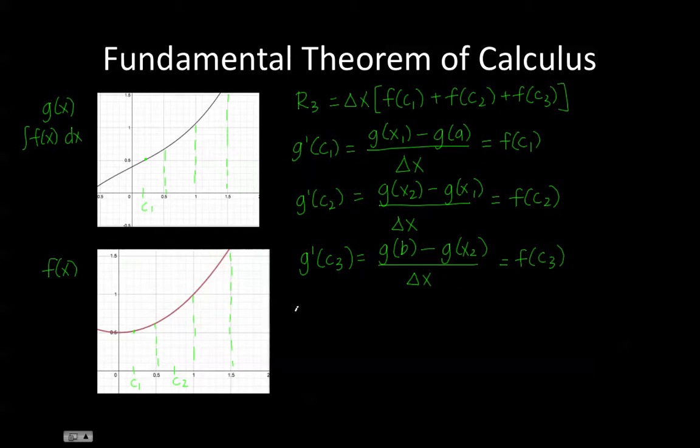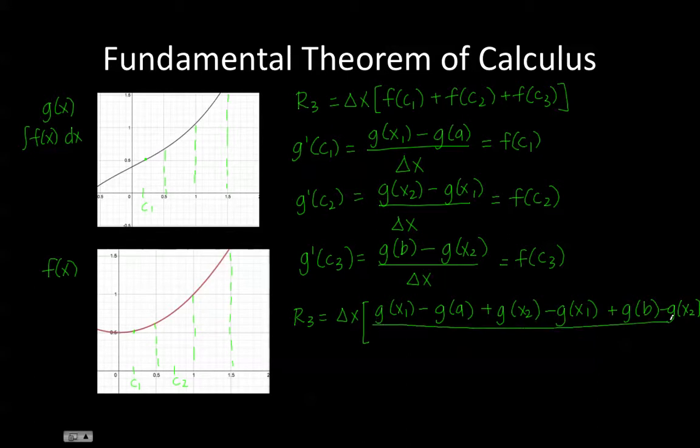So if we substitute these values into our Riemann sum, we are going to get delta x of g of x1 minus g of a plus g of x2 minus g of x1 plus g of b minus g of x2 all over delta x, and if we cancel these out, we are left with